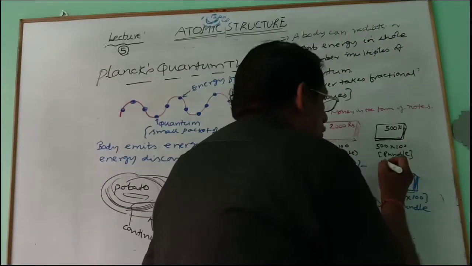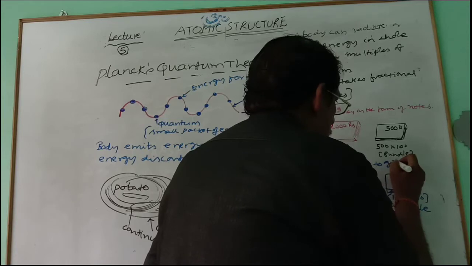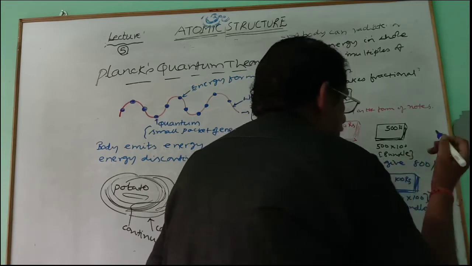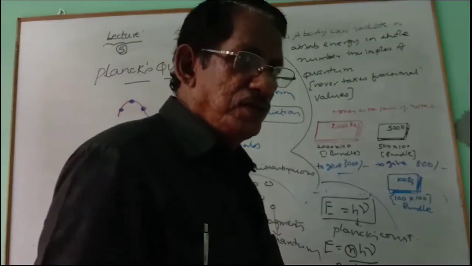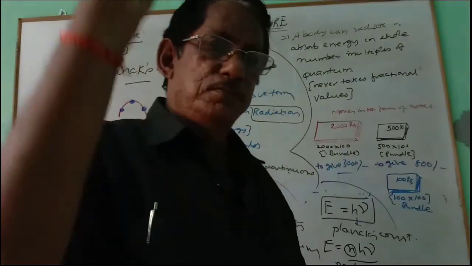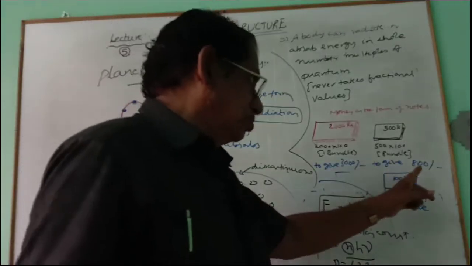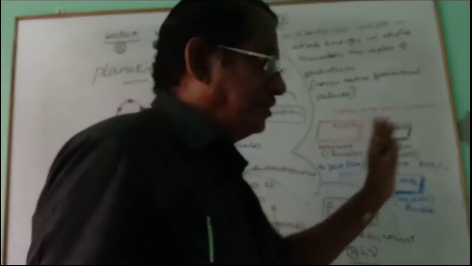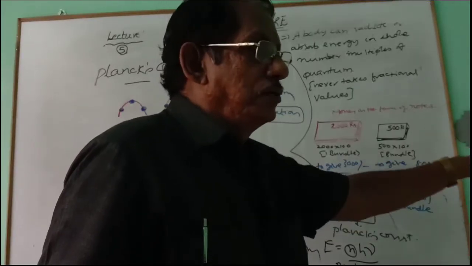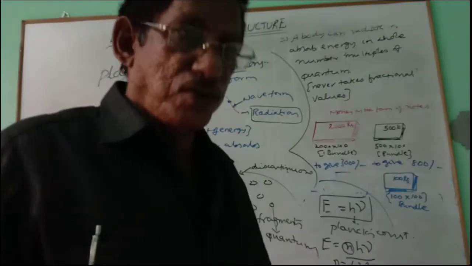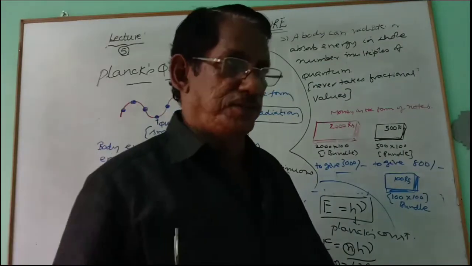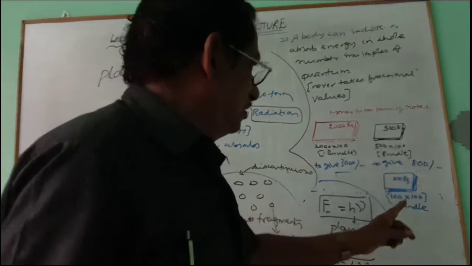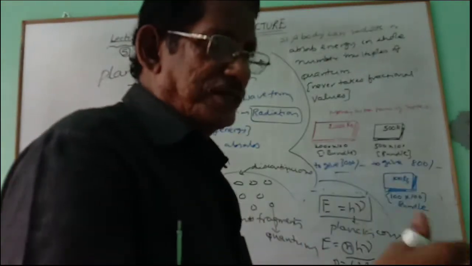But if I ask you to give 800 rupees, can you give? 700, can you give? 600, can you give? 900, can you give? It is impossible. You cannot give the fractional values of these. Only 1 into 500, 2 into 500, 3 into 500, 4 into 500, like that you can give, not fractional values. Quantum is also like that. You can take 1 quantum, 2 quantum, 3 quantum, quanta, plural number. That is the modification. Similarly here, 100 rupee notes, you can give 1 into 100, 200, 300.